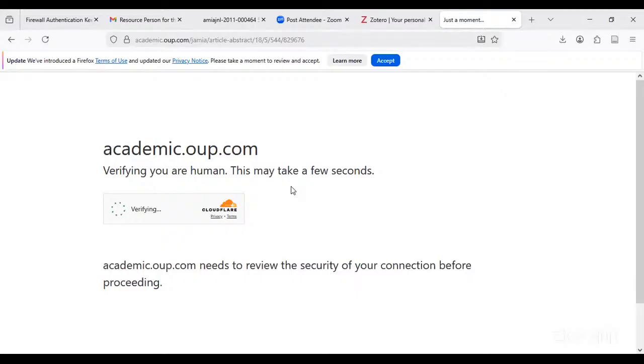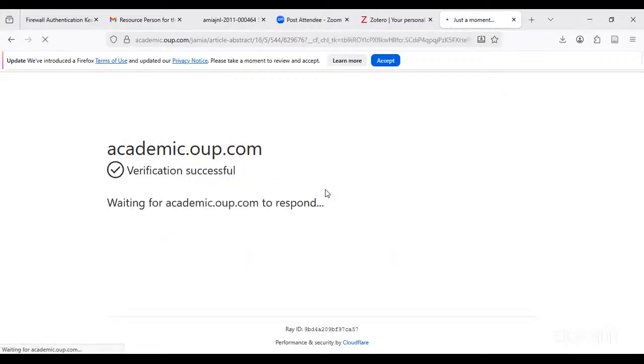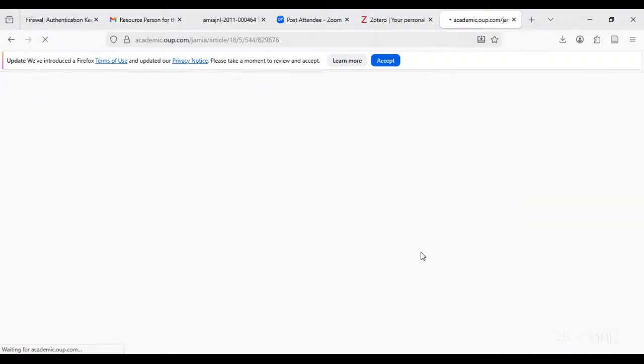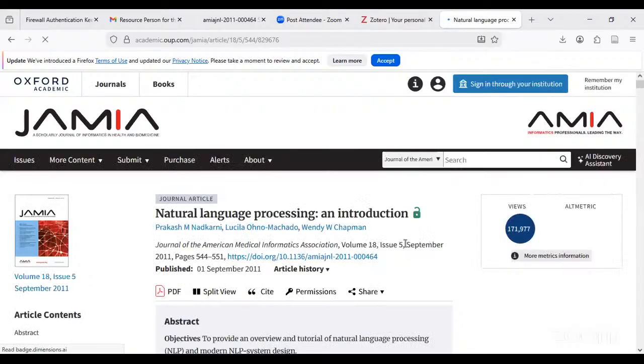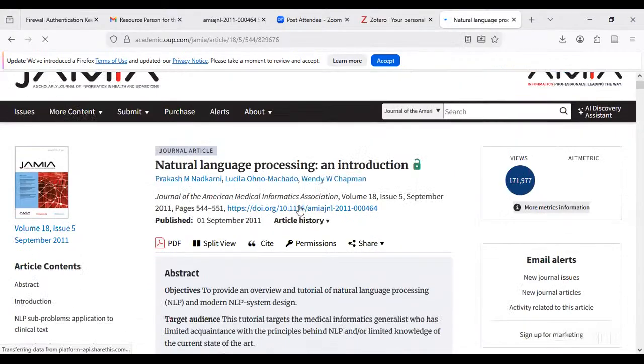Just a moment. Here you can see the DOI number of this paper. So just select this DOI, copy it, and go to your Zotero library, the Zotero software.